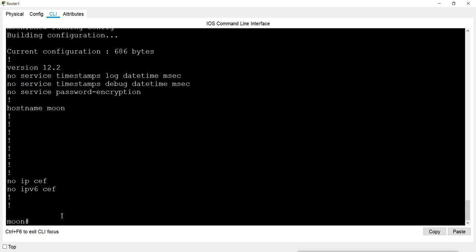So we should take a backup of our configurations. We should take a backup of our startup configuration, and also we can take a backup of our running configurations, so that we can keep changing the running configurations and keep taking backups of them. At some point in time, if you need the configurations from a previous point in time, then you can restore them from the backup. Now how to take the backup, that is important. How and where to take the backup.